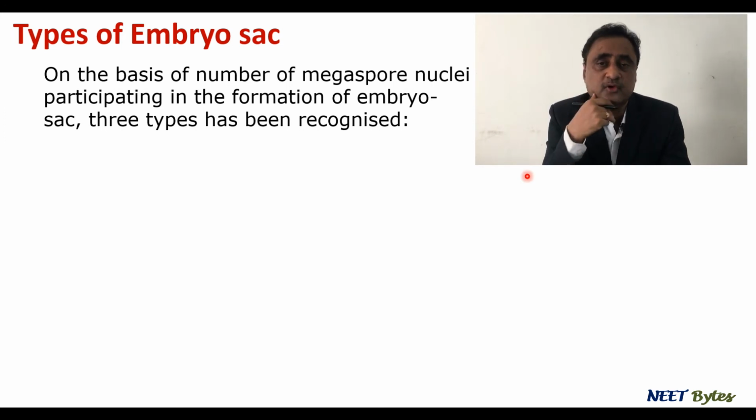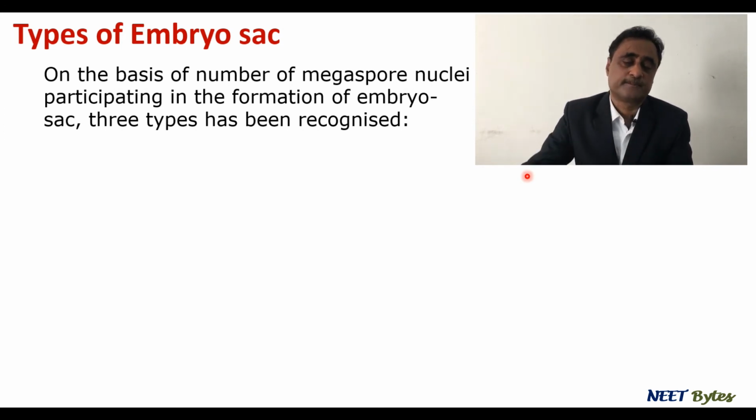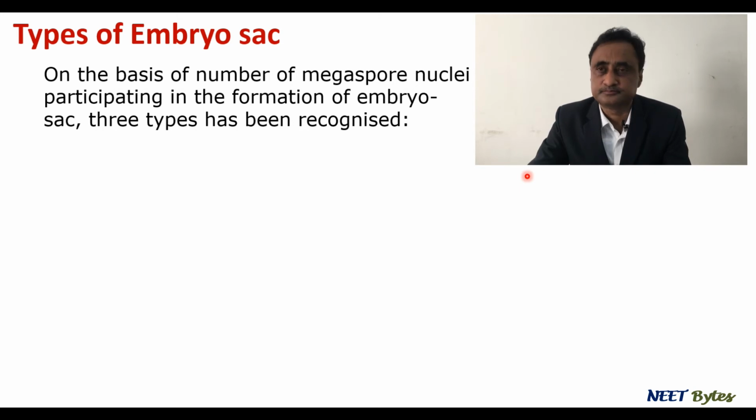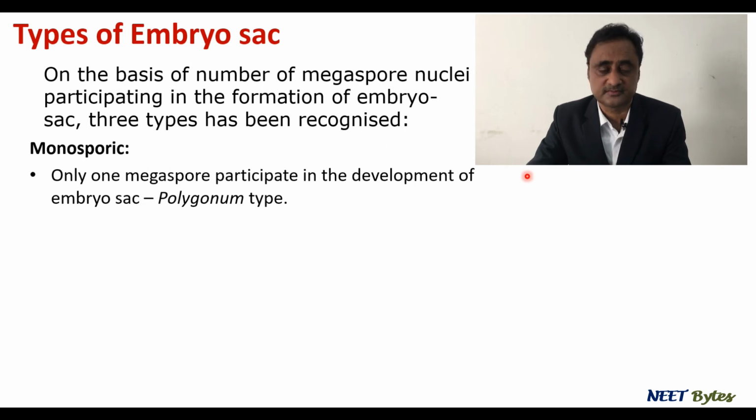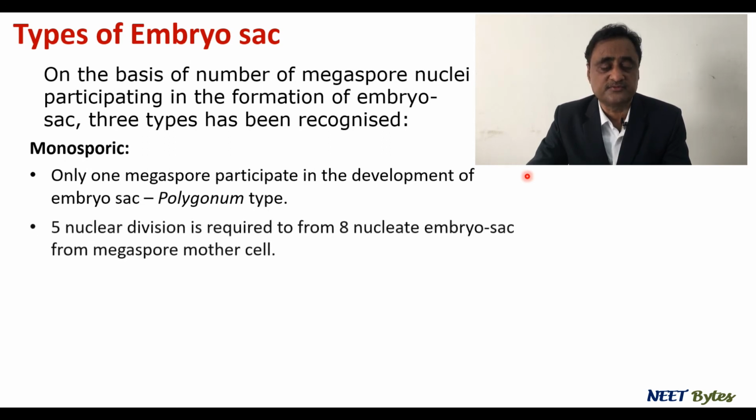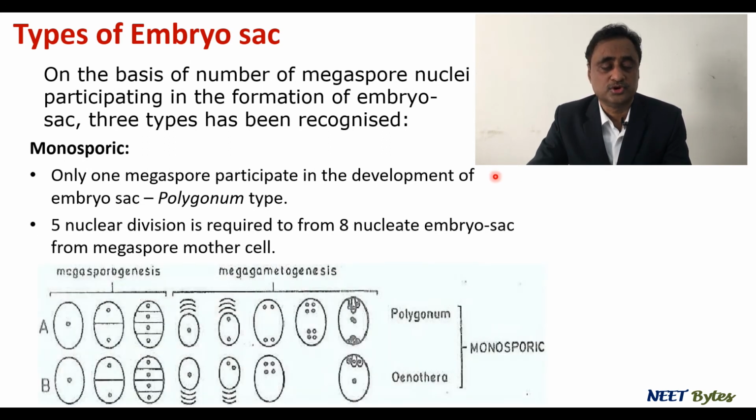Okay. So first of all, we will look at the monosporic. Now have a look at this diagram. You see, this is the megaspore mother cell. By the first division, that is the meiotic division, because we know very well that in megasporogenesis there is going to be a division. As a result, we see that 4 nuclei are formed. Out of 4, we know very well 3 degenerate. So there is 1 functional megaspore.